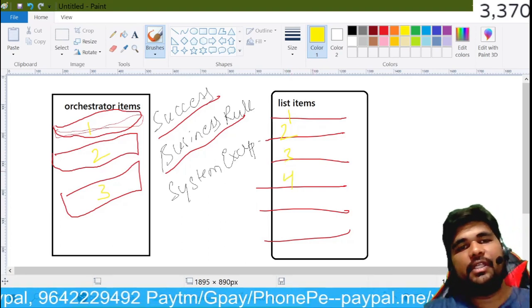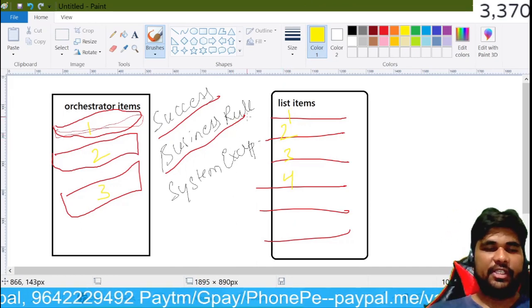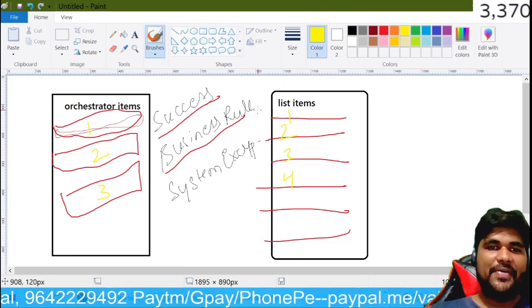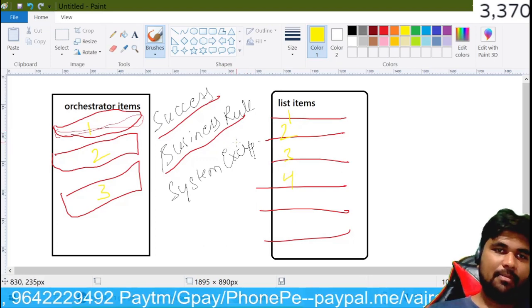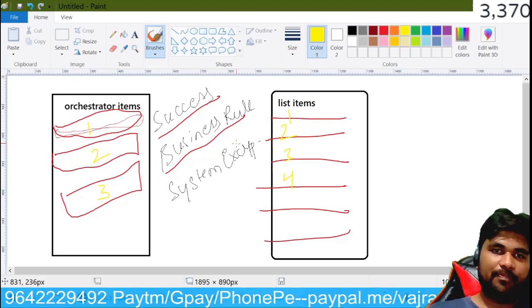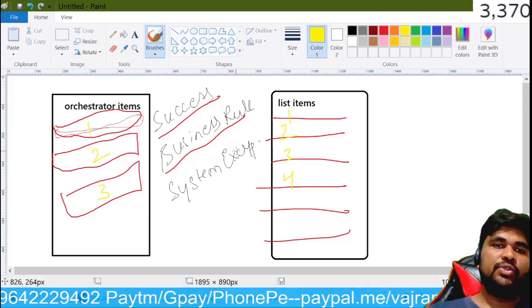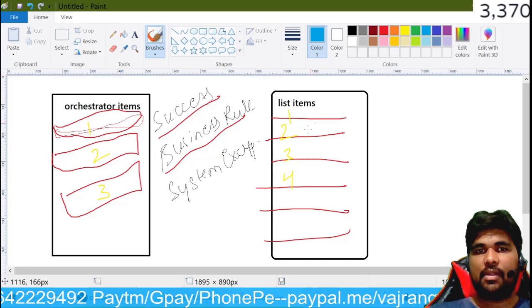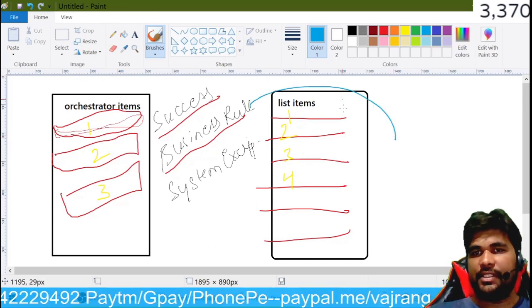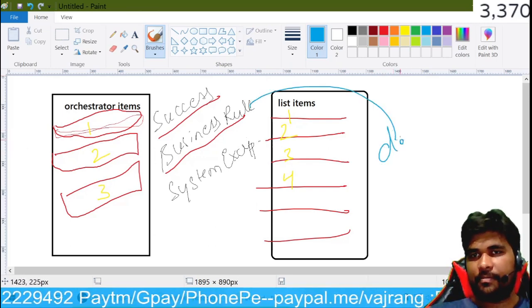Now when we say business rule exception, what is business rule exception? First we need to understand that. Business rule exceptions are the ones that will be triggered when we raise them. A user or a developer raises a business rule exception. Clearly this is raised by a developer.